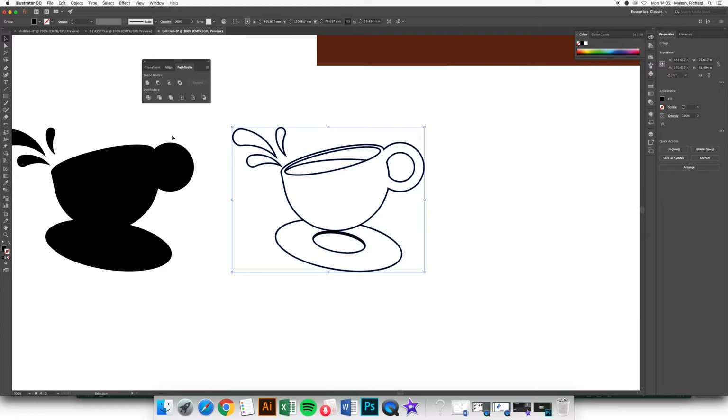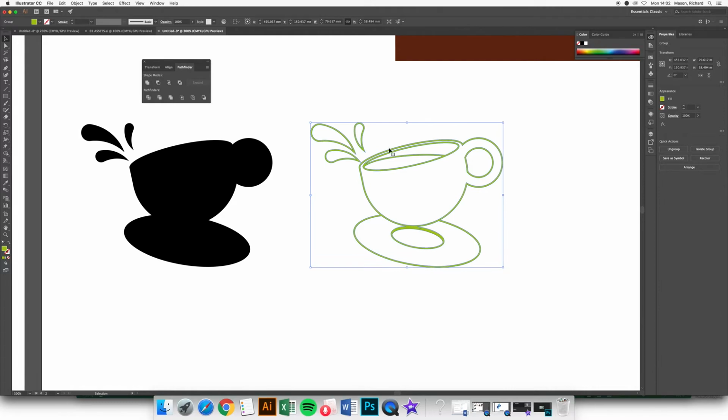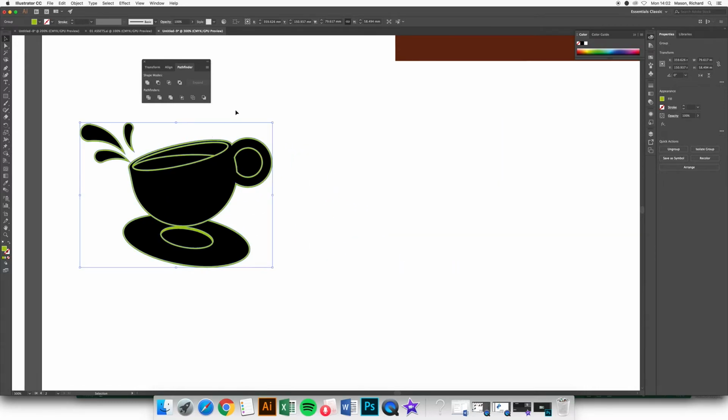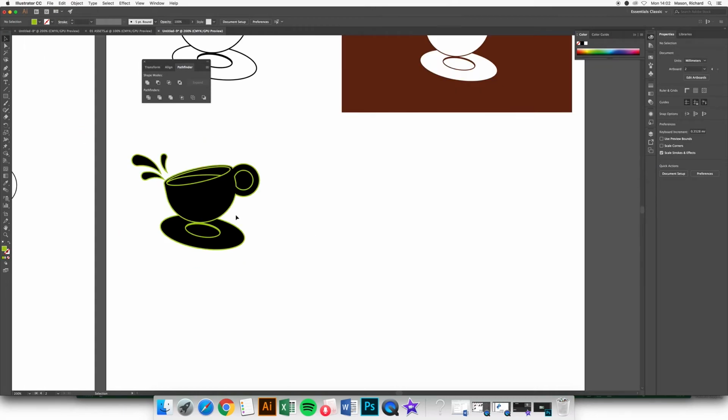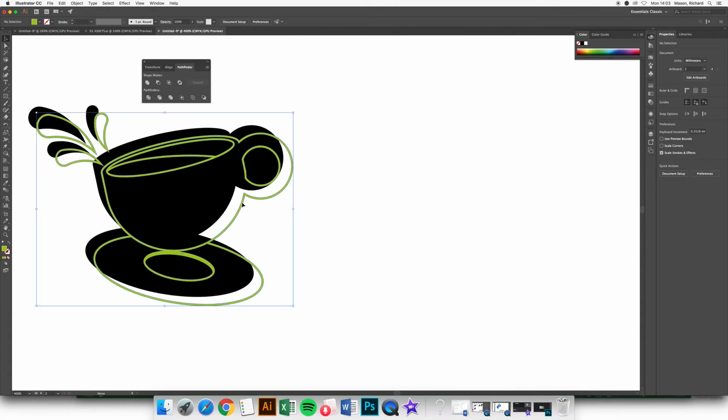I'm going to place these lines back on top of my silhouette. I'm just going to make sure they're visible by just selecting a quick colour to make sure they stand out nice and clearly. So let's move those back over the top of my previous item. Now getting these to align perfectly by hand is a little bit tricky. Visually that looks okay, but I knew from when I was positioning that actually this is not centered on the